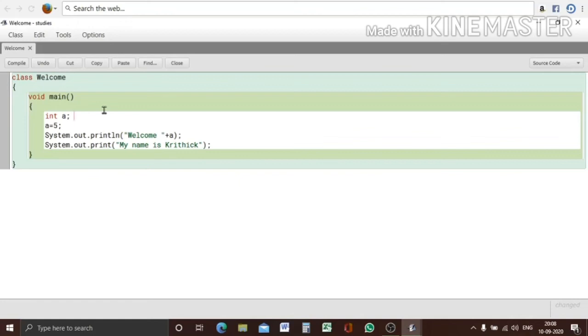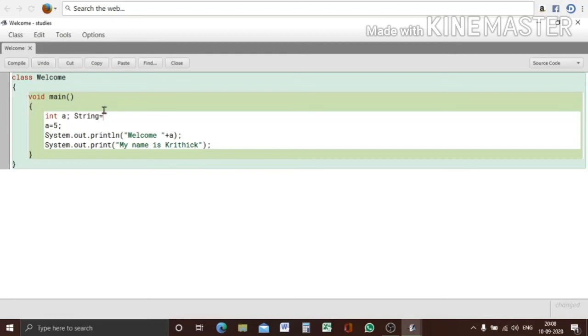For accepting string values, that is names or sentences, we use the keyword String. Other than the keyword String, all will be written with the first letter small, that is in lowercase, but here it is written with the capital letter, that is capital S,